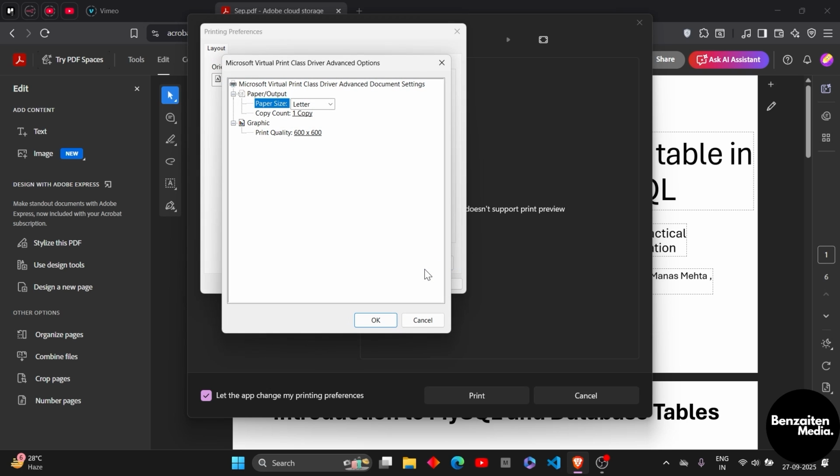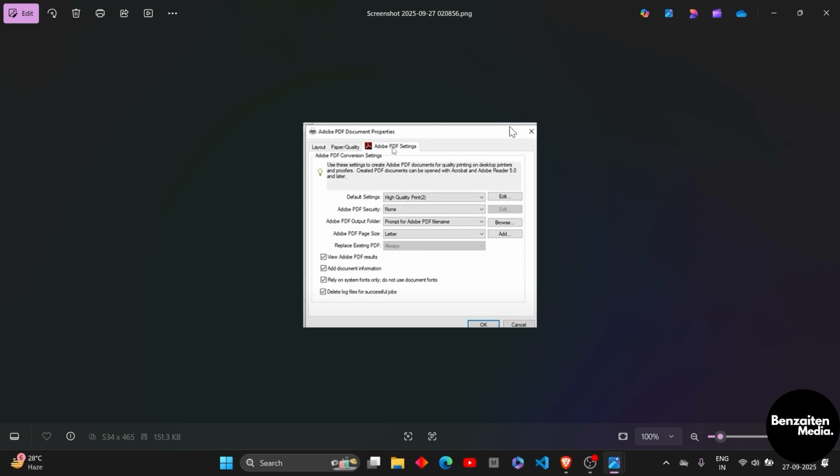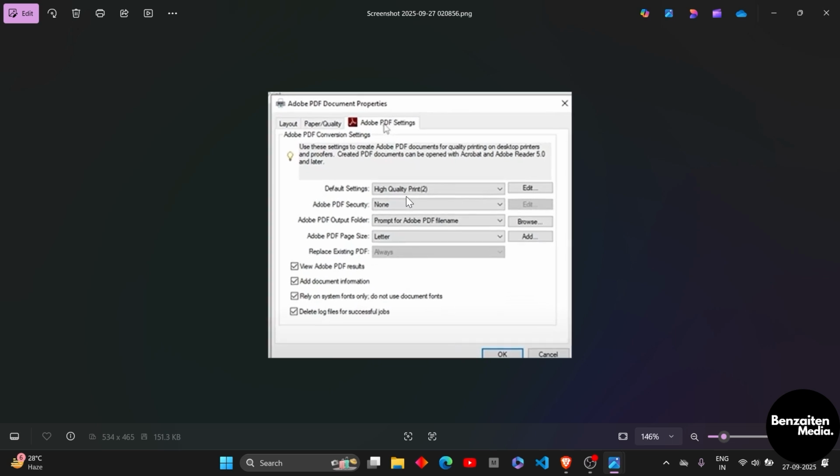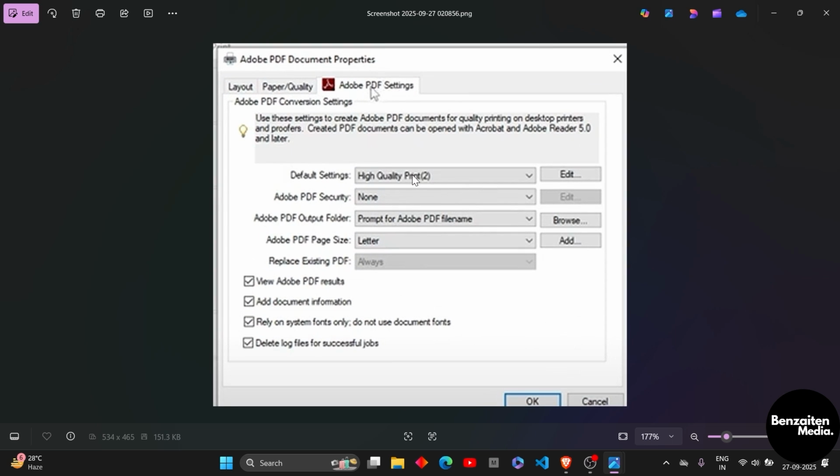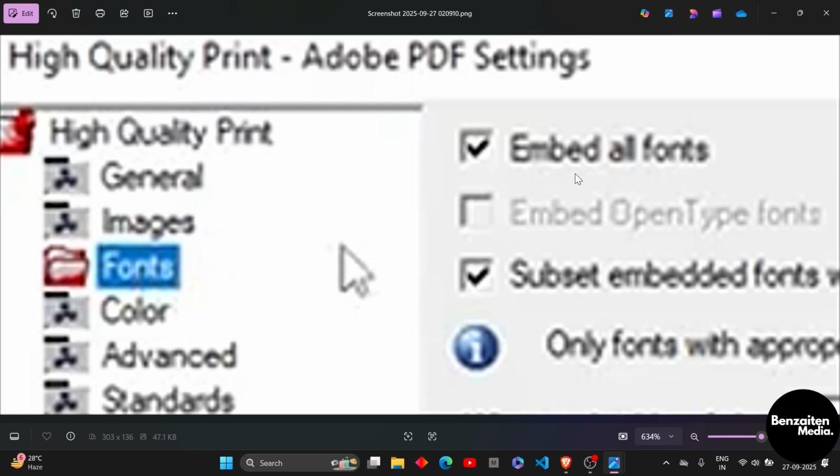Click on advanced, and after clicking on advanced, here you will see the advanced settings, and after that in the more settings here you will see Adobe PDF settings. Click on that, and then here in the default settings make sure that you keep it as high quality print, and after that click on this edit button, and after clicking on this edit button here you will open some